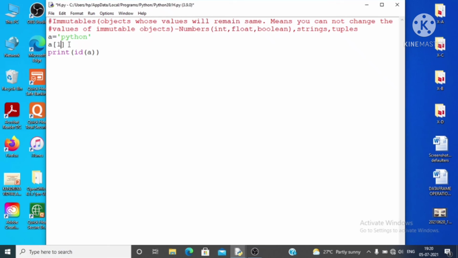So write 1 index value inside square brackets. After that, equal to z, it means you are accessing the second element of the string. Now your final answer should be pzthon, but when you run this code, it will give the error.